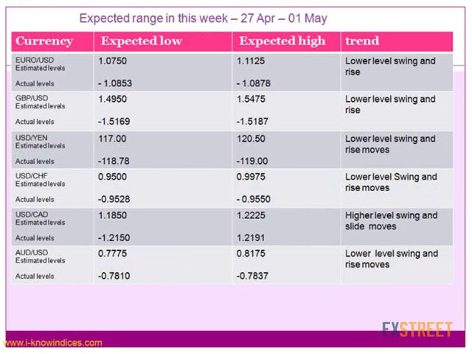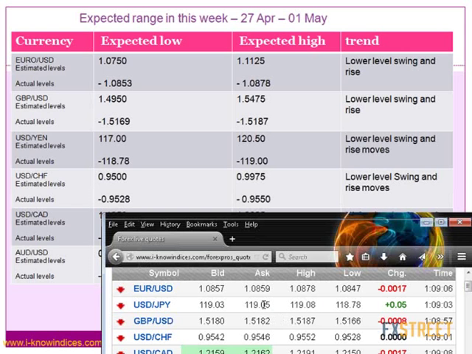Now, these are all the levels in which the currencies are expected to swing during this particular week. So currently, Euro is trading around the 1.0850 level, and they are expected to make one quick downward push to 1.0750 and start gaining the level above 1.10. And in the case of GBP, they are expected to hold around 1.50 and make a downward stop into 1.4950 briefly and then start gaining the level to 1.54.